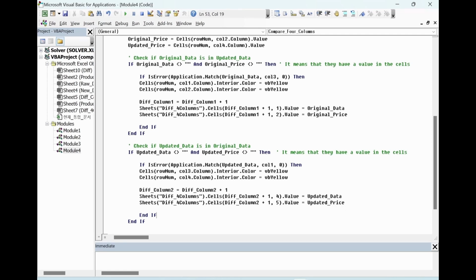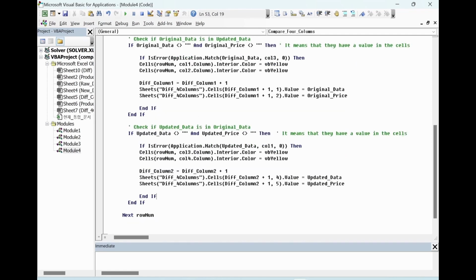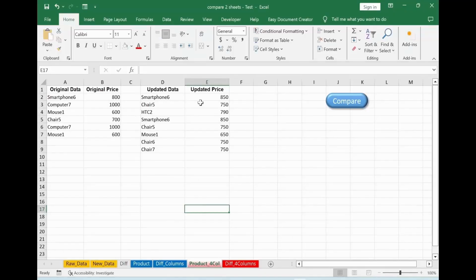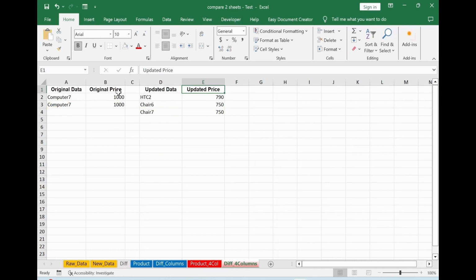Now we extended it. Let's test whether it's working or not. I already linked here as well. So I will press the button. Then automatically it shows differences of original data and corresponding price as well in both pairs. Let's check the result part. It also correctly shows the